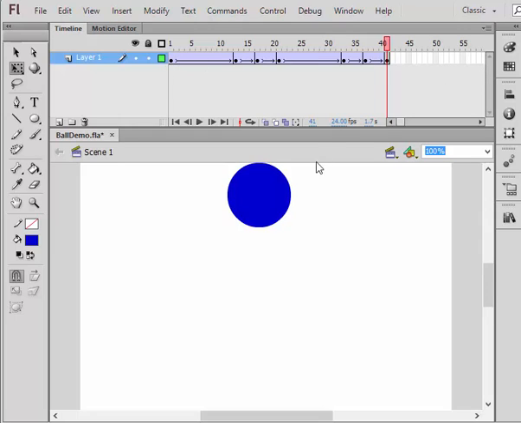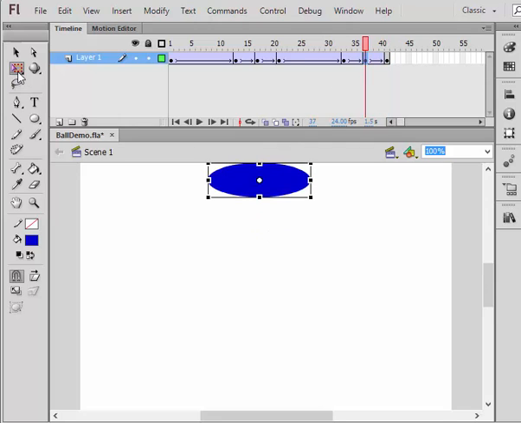One other thing, when you are using the free transform tool, you don't just have to use squish, you can use a skew to give an effect if you've got the ball coming in at an angle and then bouncing. Okay, so it's just something to experiment with and try to make your bouncing ball look as realistic as possible. Good luck, enjoy, and if you get really good at this, what I'd like to see